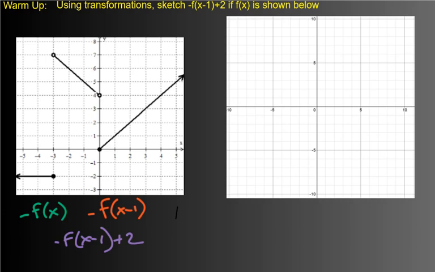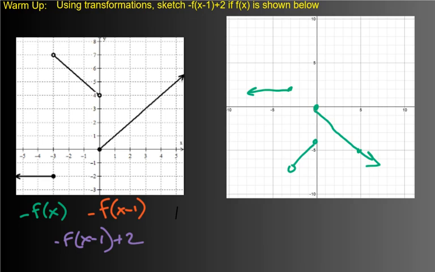So let's see, 1, 2, 3. Something like that. It's not perfect because I can't draw straight,